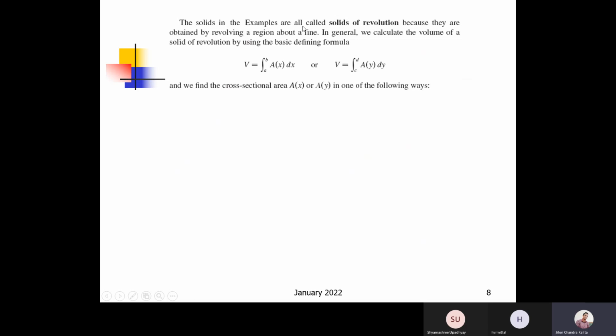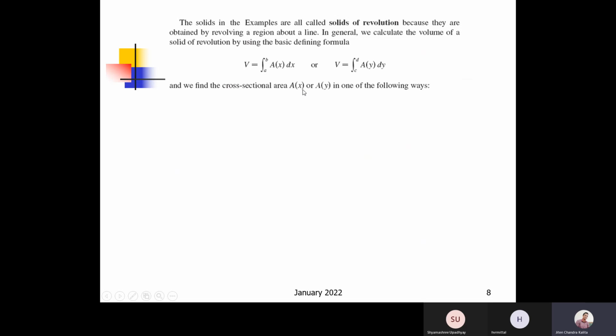So the solids in the examples are all called solids of revolution because they are obtained by revolving a region about a line. In general, we calculate the volume of the solid of revolution by using the basic defining formula. It can be either in terms of a function of x or a function of y, depending upon the situation. For example, in the second example, when we revolved the curve y equal to x cubed about the y-axis,